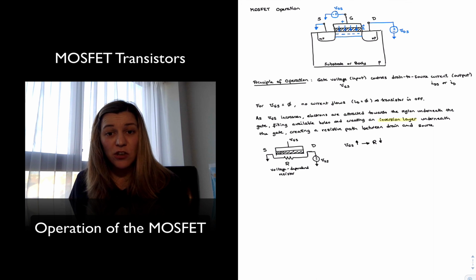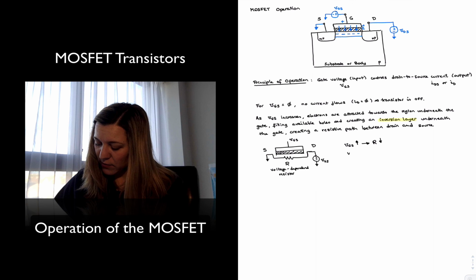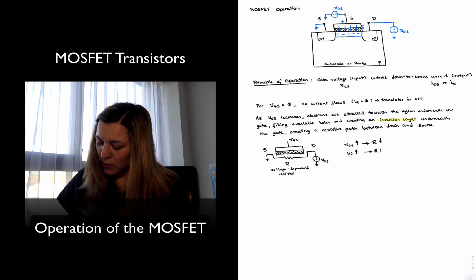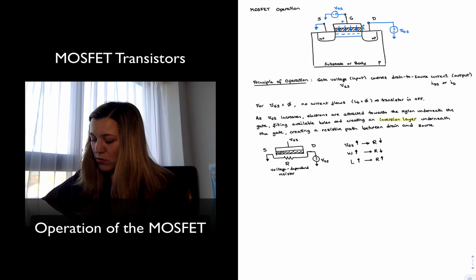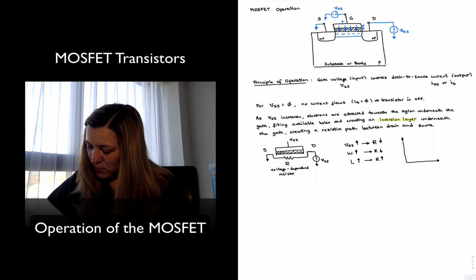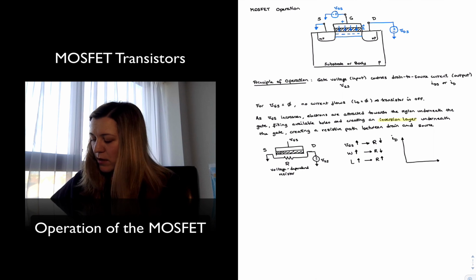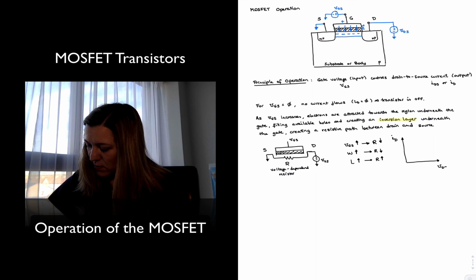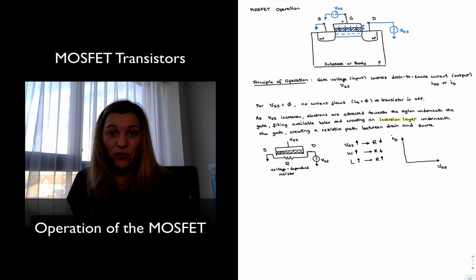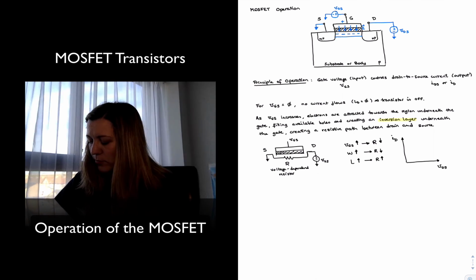And then I have also the geometry of the channel. Typically for a wider channel, so the width of the channel goes up, my resistance will also go down. And if the length of my channel goes up, my resistance will go up. So the way we can represent my resistor is if I were to plot my output current ID versus VDS, voltage applied at the drain or voltage between drain and source,